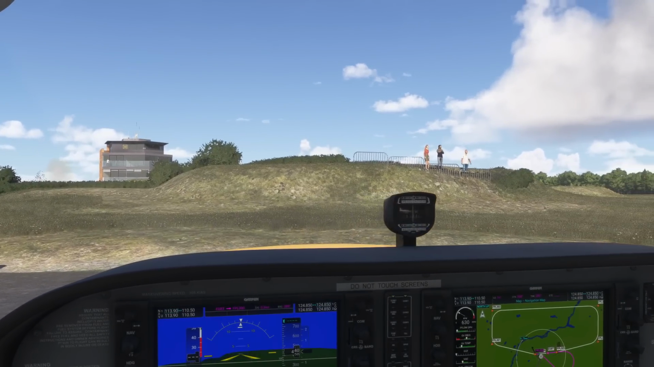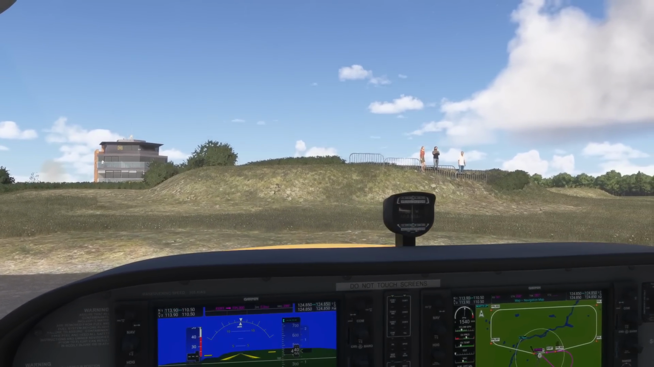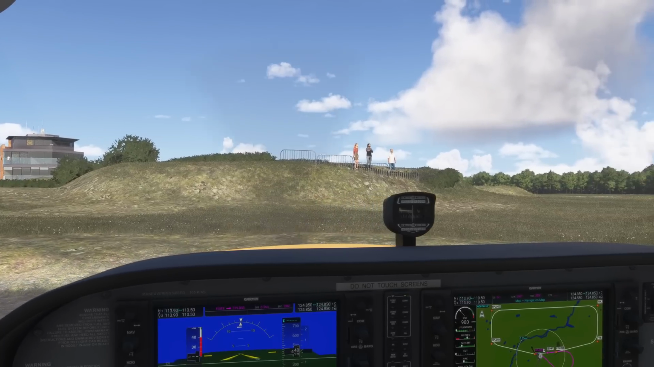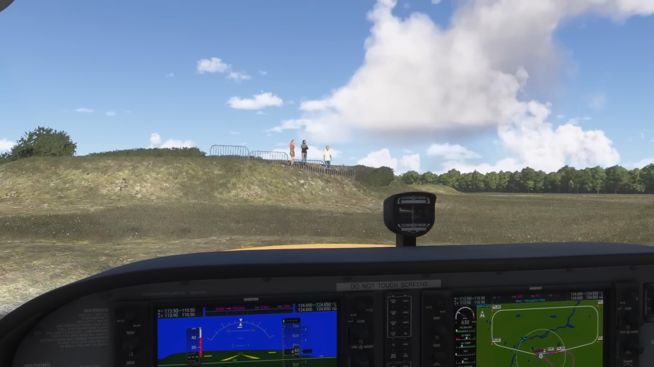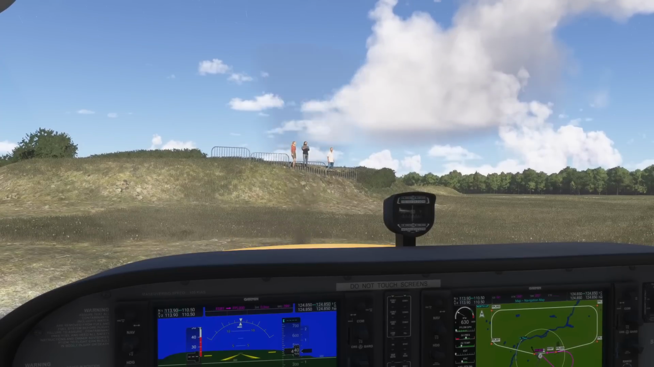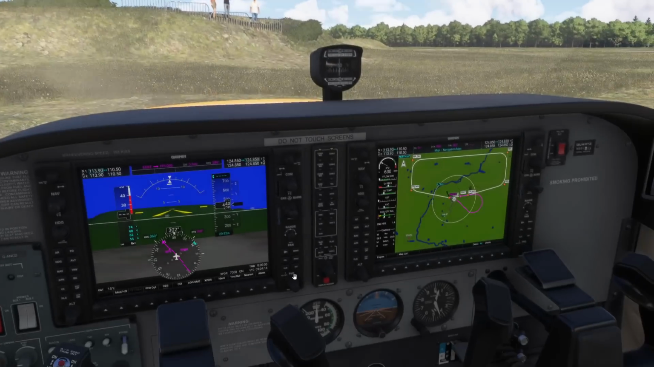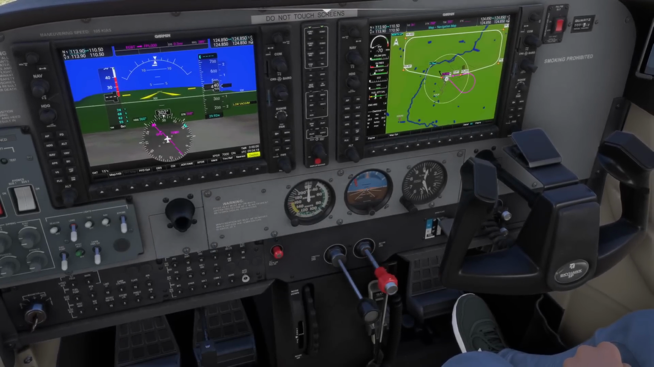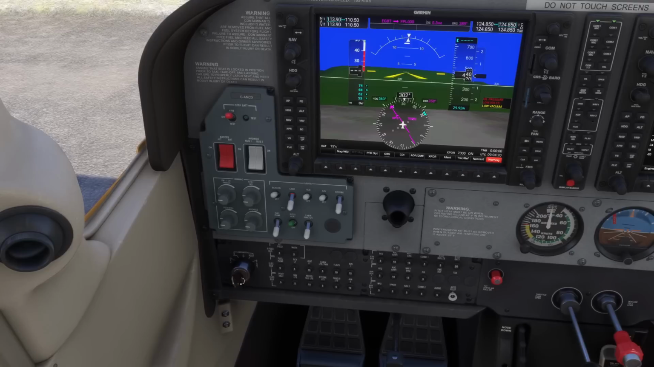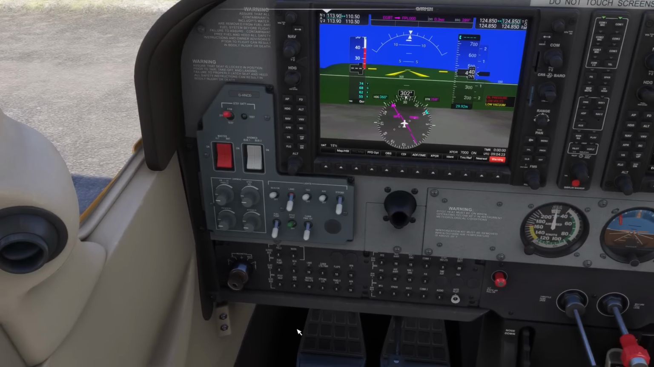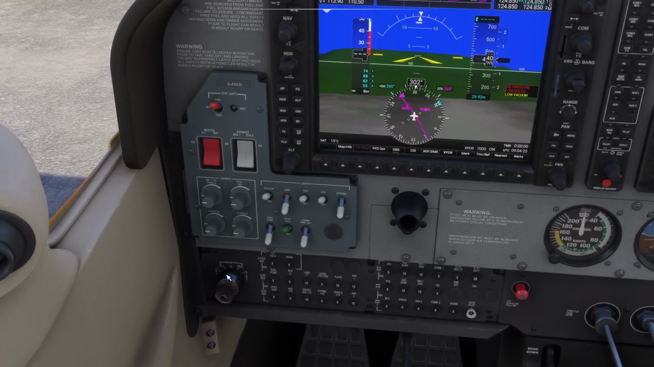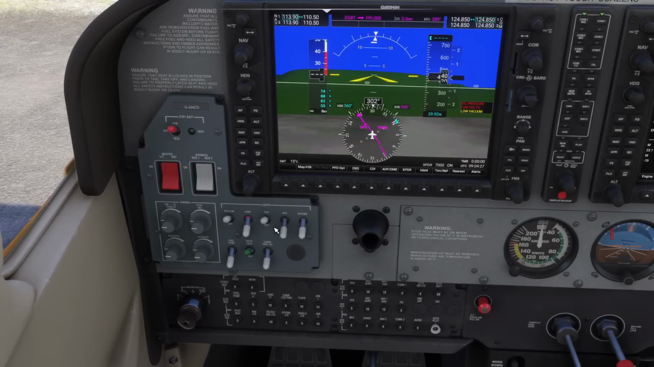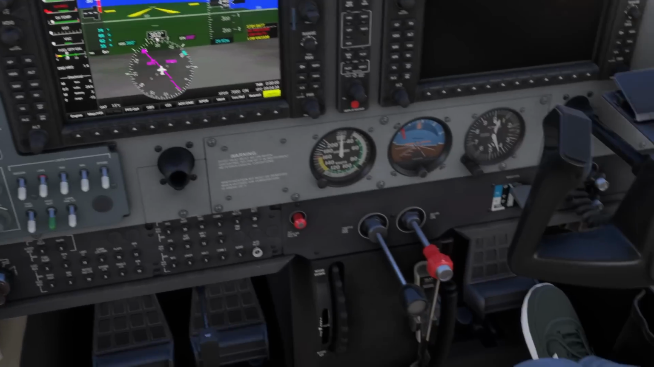Just straighten up. Okay, so parking brake back on, and you just starve the engine of mixture to make it die, and then obviously we can go and turn off the magnetos. We can go and turn the lights off, turn the pitot heat off, turn the avionics off, turn the batteries off,